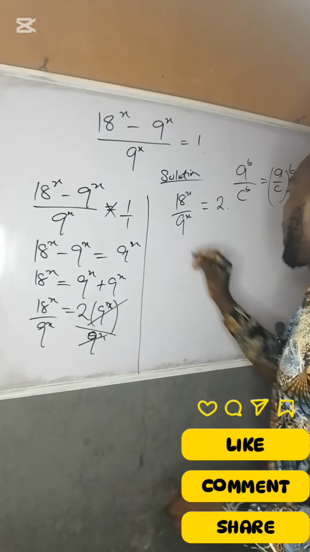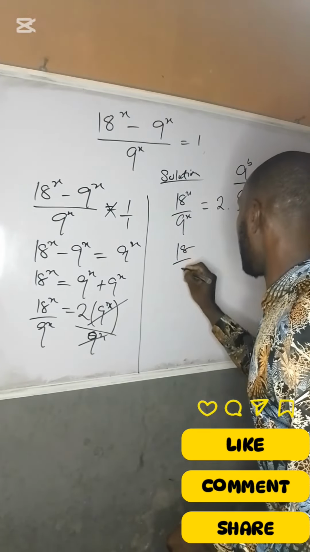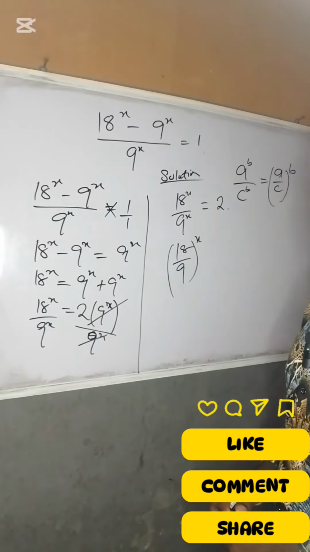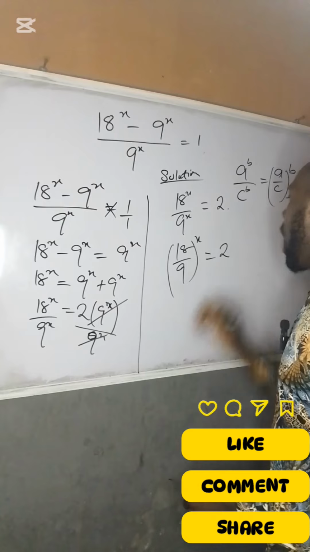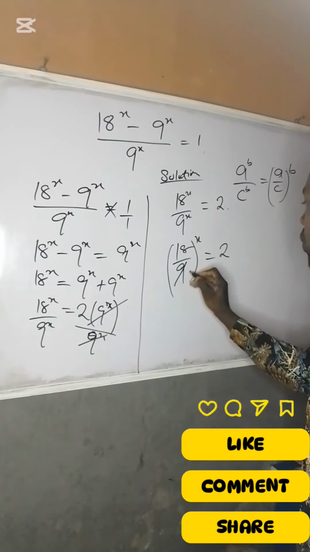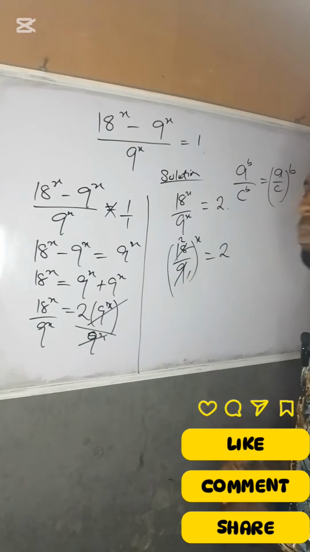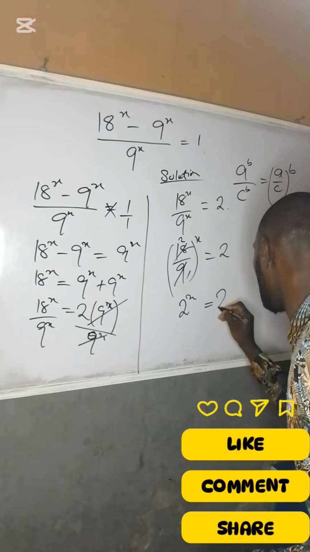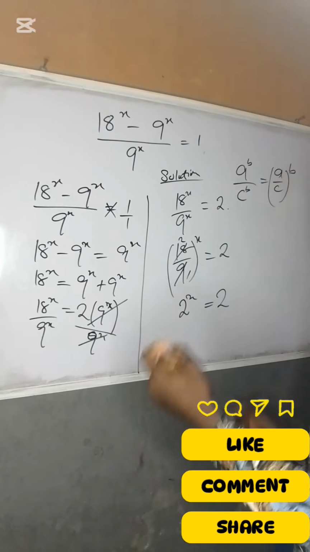So let's do it. We have 18 all over 9. Since they have the same power of x, we write it in this form, which is equal to 2. And we all know that 9 into 18 is 2, right? So we have 2^x is equal to 2. And any number raised to any